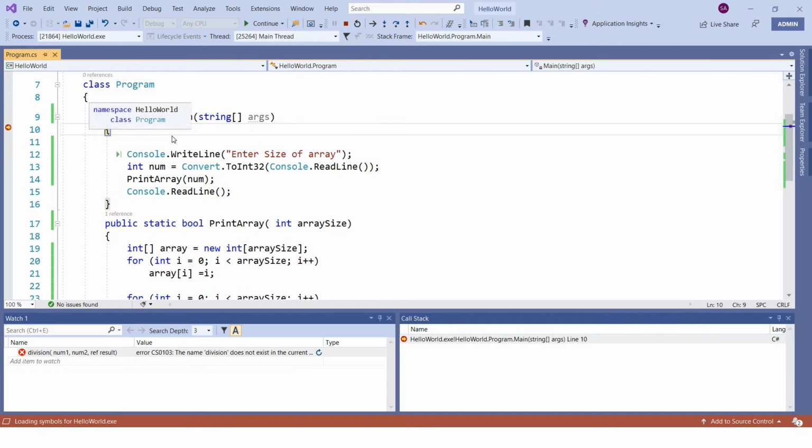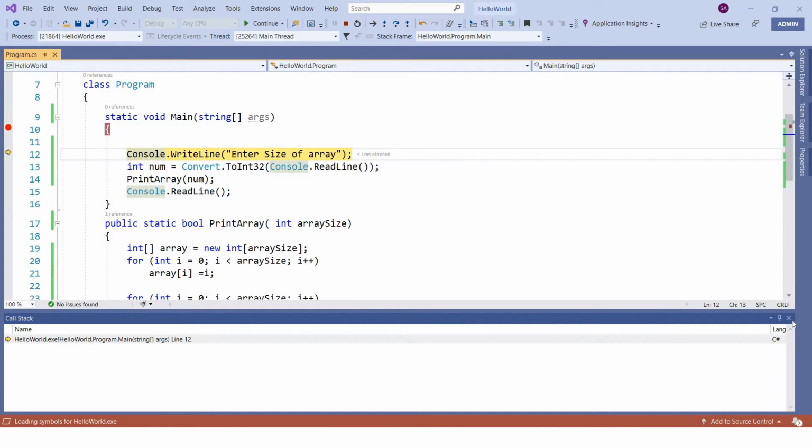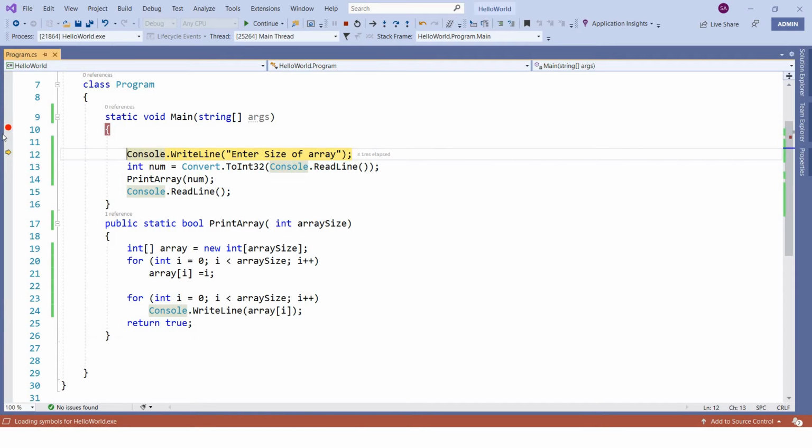You can see here, as and when our program starts running, at the red dot a yellow arrow is showing. That means currently my execution point is here. Now if you want to execute the next line, you have to press F10. Let me close all this first. F10 will simply execute the next line. Currently this line is not executed. Once you press F10 again, this line will get executed. So let's press F10 once again.